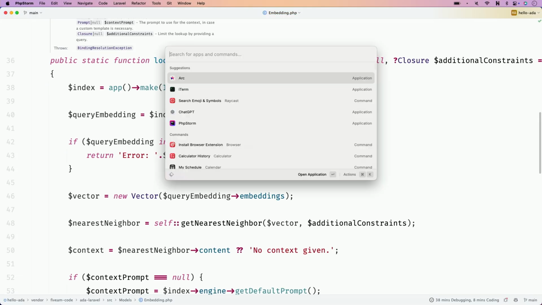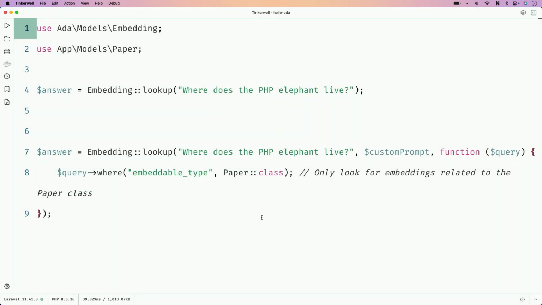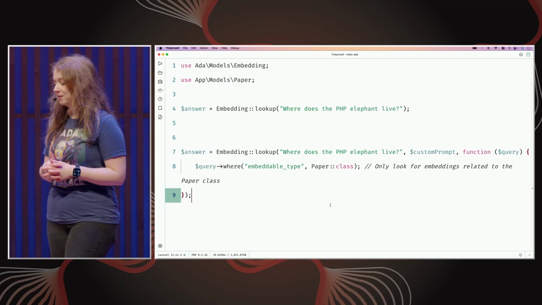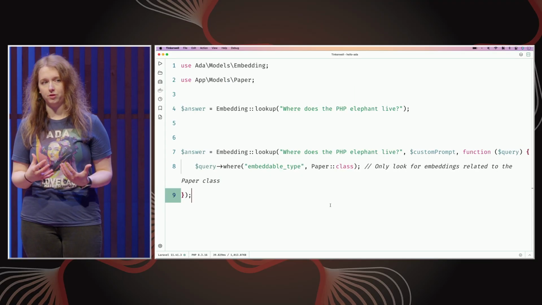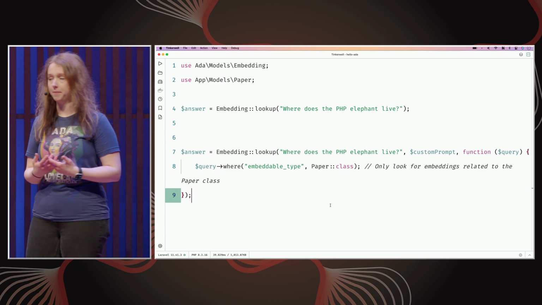So here is, first in Tinkerwell, so you can see what we're actually doing. Here are two ways to use the semantic search. I called the method for the semantic search lookup, to not get in the way with Laravel Scout and the search method. And because it is more than just a search, it is like looking up information in a library.